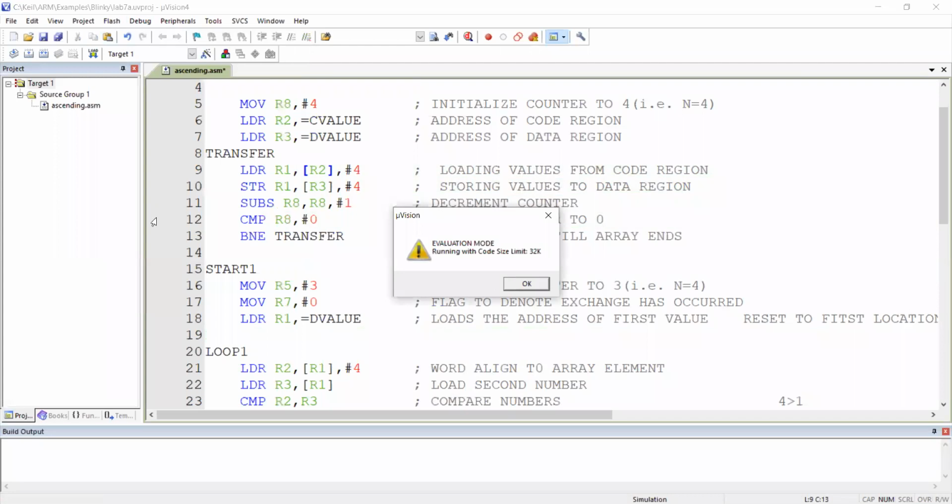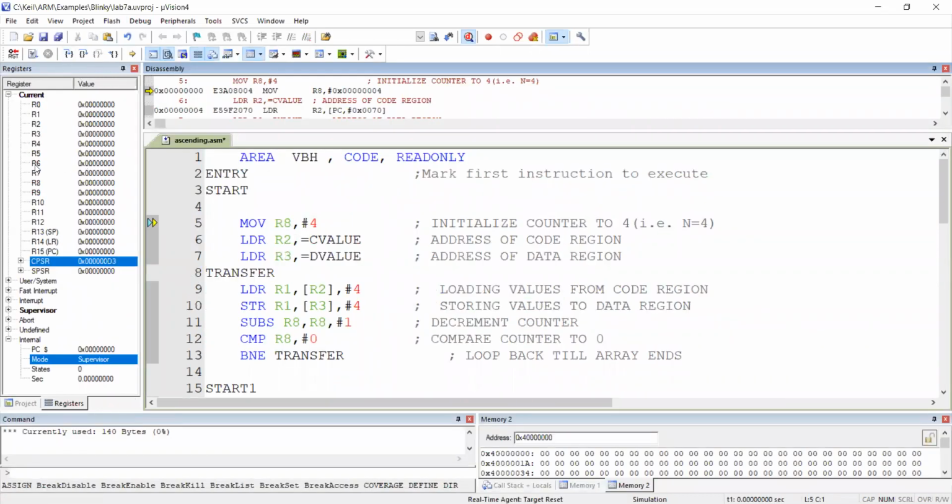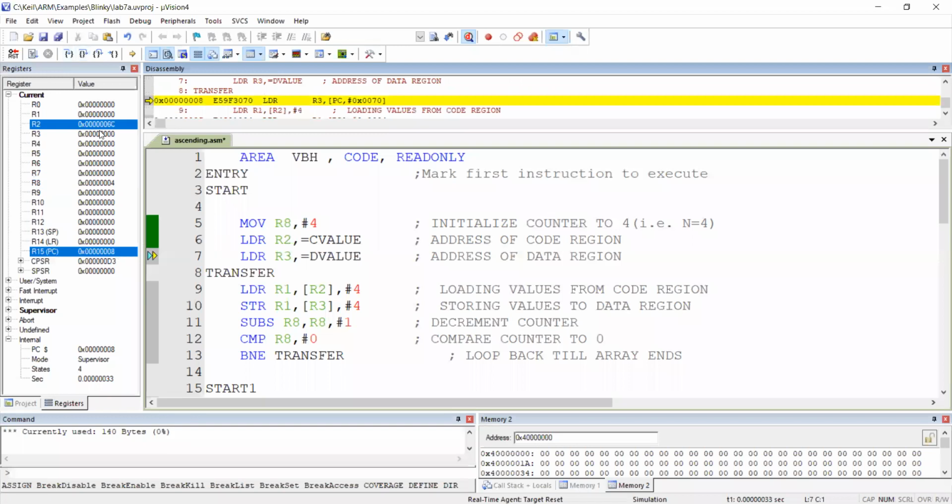Now you see, first R8 will become 4. Here you can see R8 is nothing; that became 4. LDR of R2, C value. You can see here 6C. In memory window 1, I will show you 6C. See here 6C, 6D, 6E, 6F, 70, 71, 72, 73.